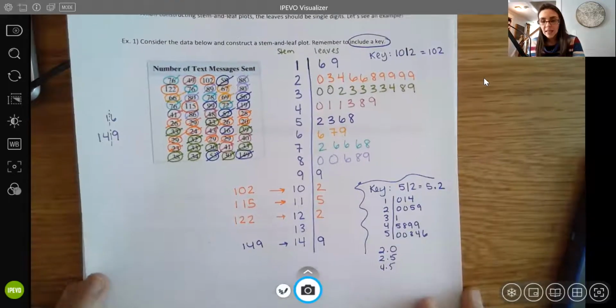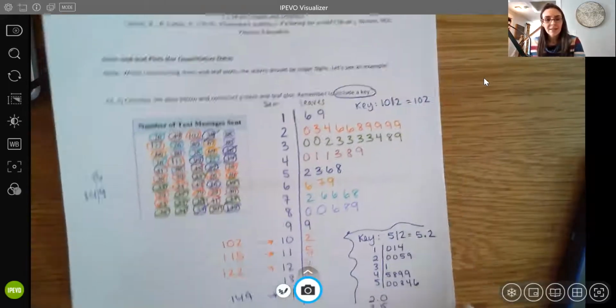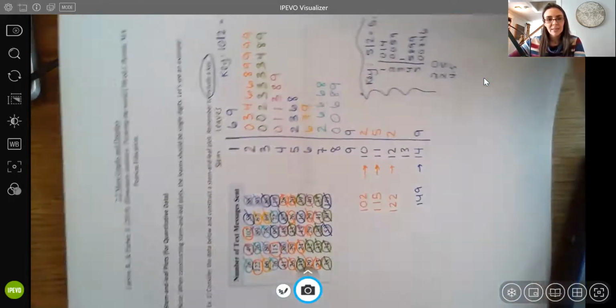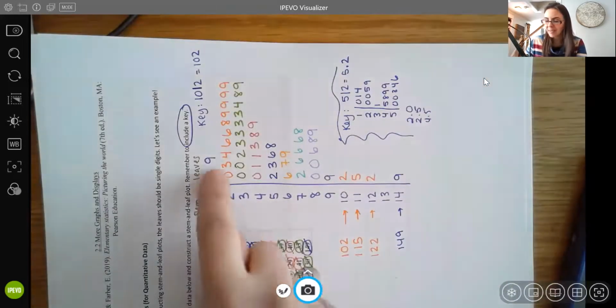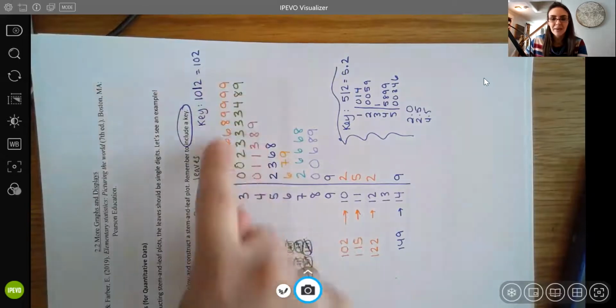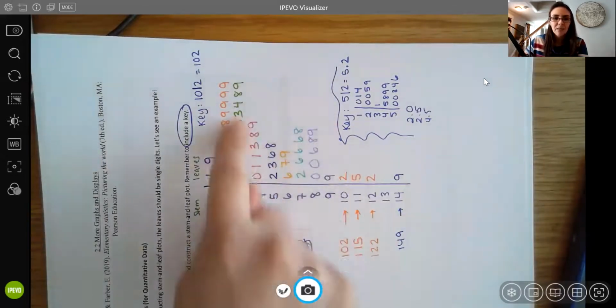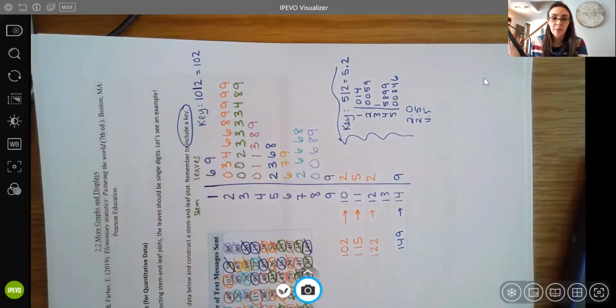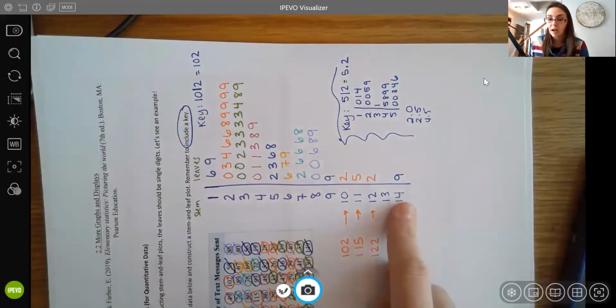Now, the nice thing here is you can see patterns. It almost looks like a sideways histogram, right? If you line those numbers up, you can see which bars are the highest. So I can see that most of my data occurs here, in the 2s and the 3s. Most of my data points are in the 20s and 30s, and we're talking about text messages sent. So you'd probably think that in general, most people send about 20, 30 text messages rather than something like 140,